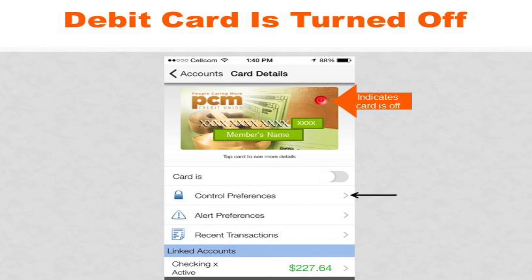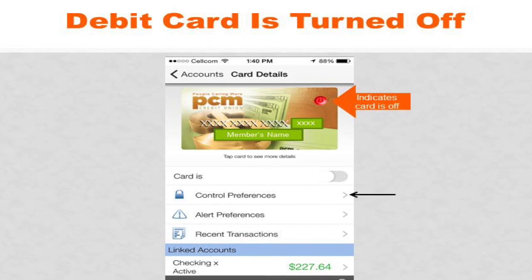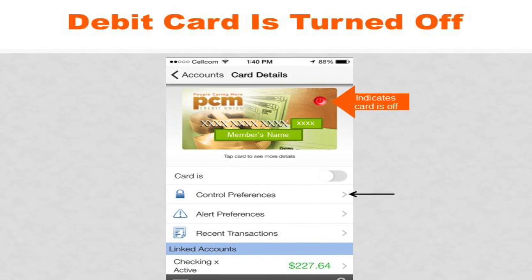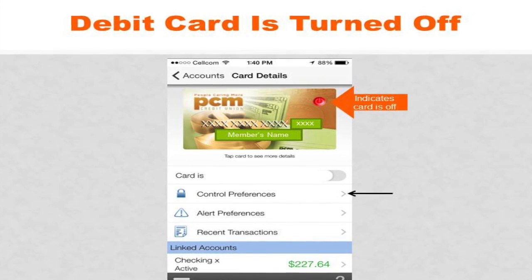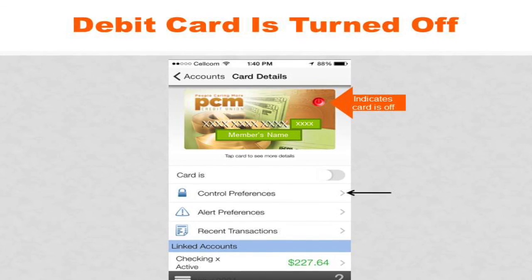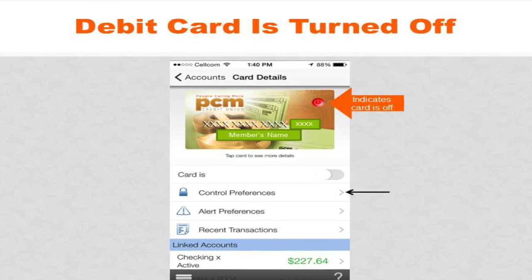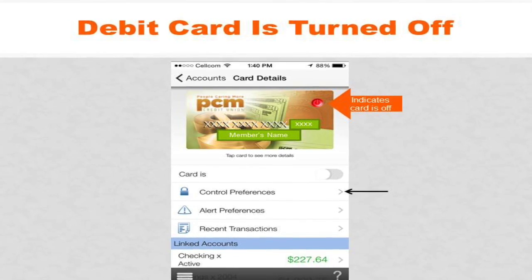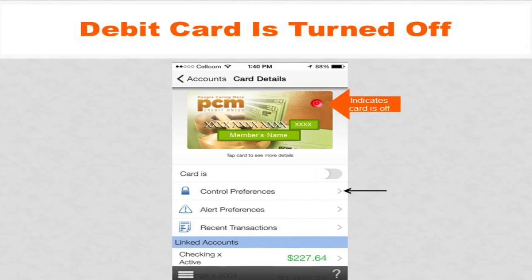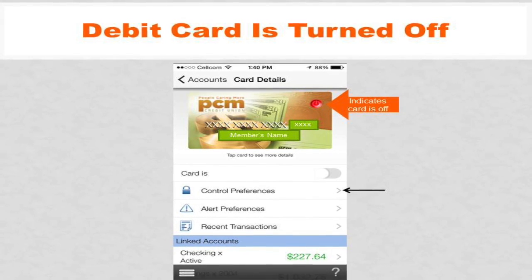After you say yes to the prompt, your screen will then look like this, with a little red circle showing on your PCMCU debit card indicating that the card is turned off. To turn the card back on, simply tap the same area that you did to turn it off. If you decide to turn your card off, all in-store and online transactions will be declined aside from anything that